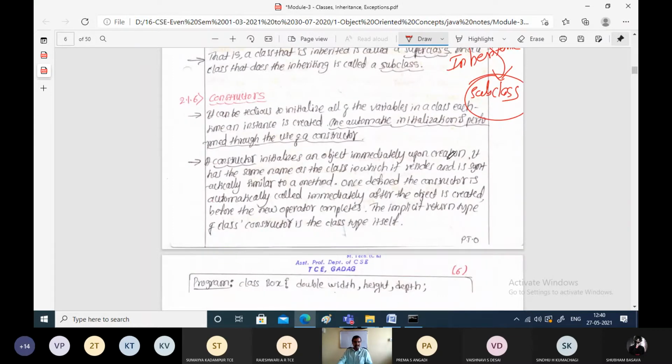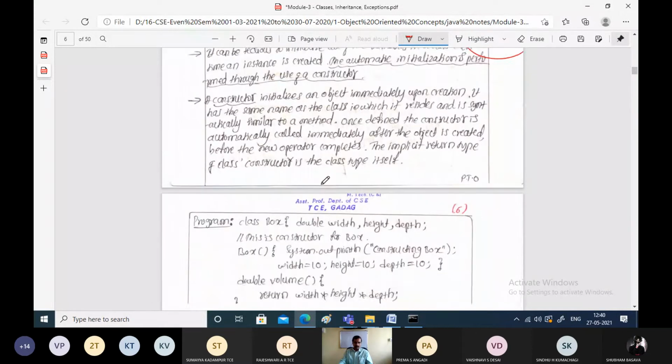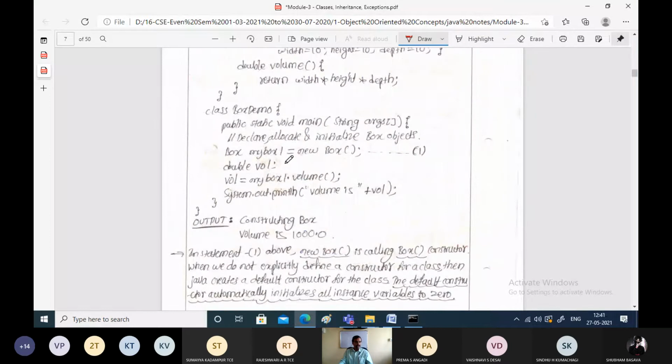Okay, now let us see constructor. As we know, a constructor is a method which has the same name as that of the class. And what was the need for a constructor? The constructor is used to initialize the object, or to give some initial values for the object whenever we create it. Just now we have seen one example of a Box class, and there we were not using a constructor.